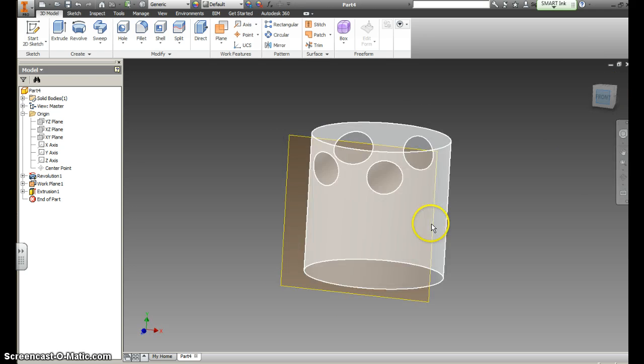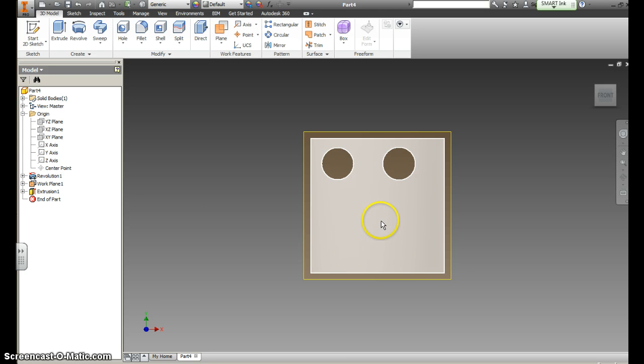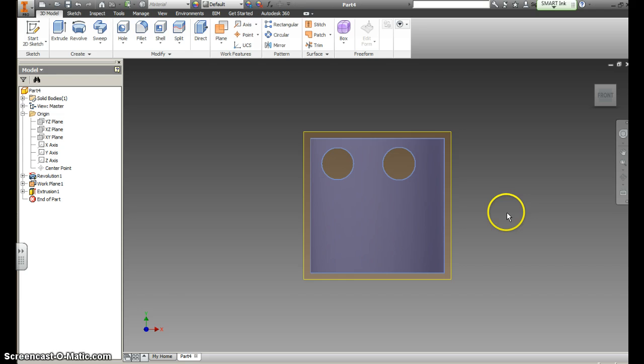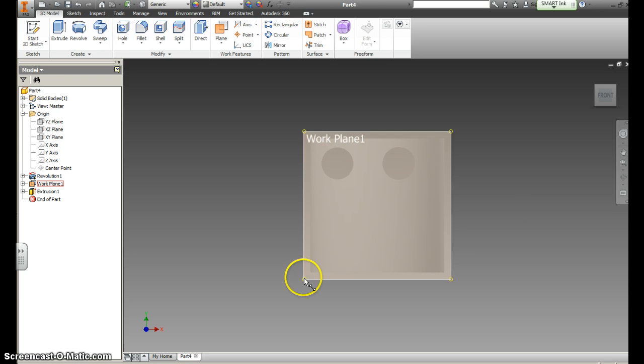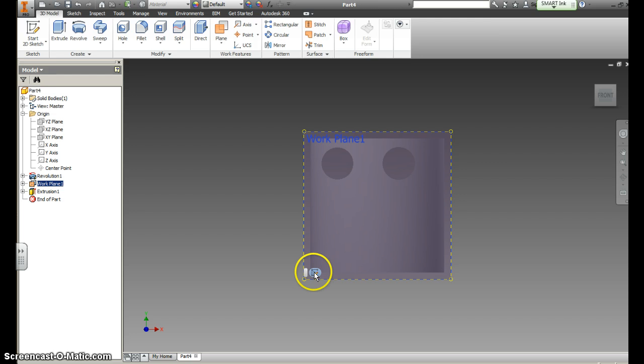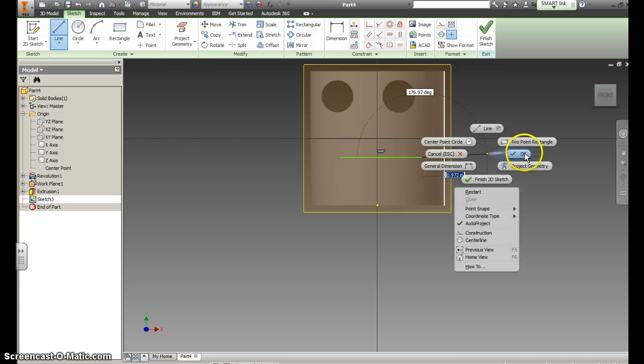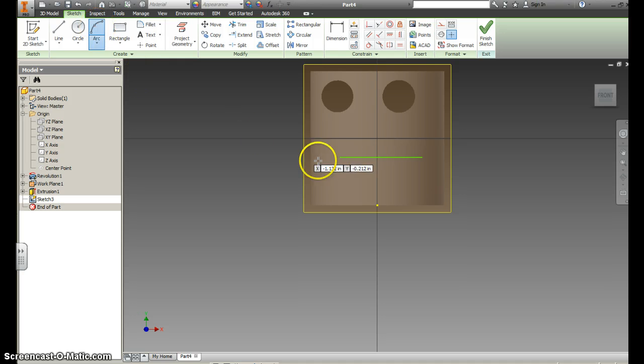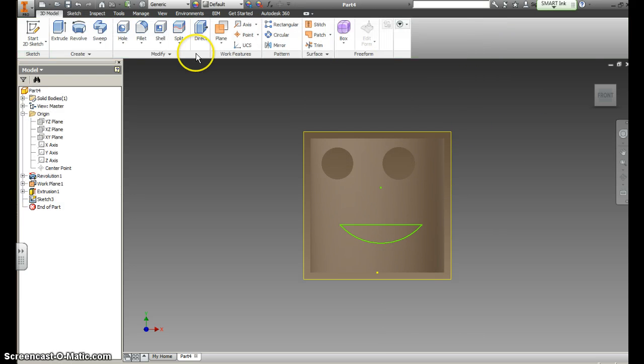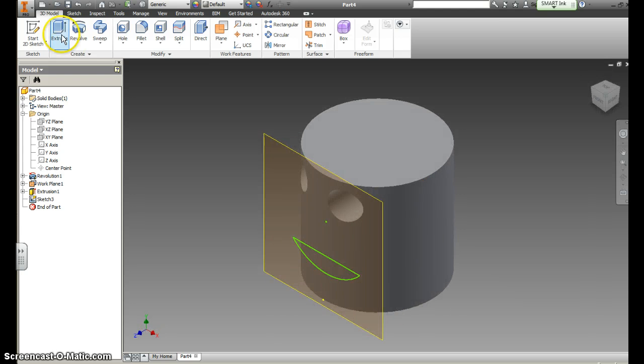Okay, so I'm going to do one more sketch now. Don't right click. Your natural reaction is to right click and go to new sketch. We actually have to go to the corner, left click, and go create sketch. And let me just draw, I'll make a smiley face. So I click the line tool, I'm going to right click and hit OK and use the arc tool. I go this end to this end, put a little smiley face there, finish sketch,